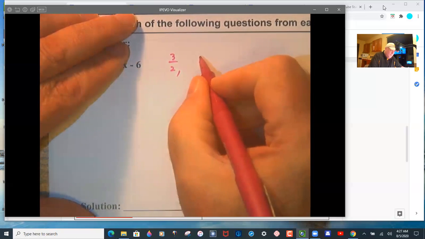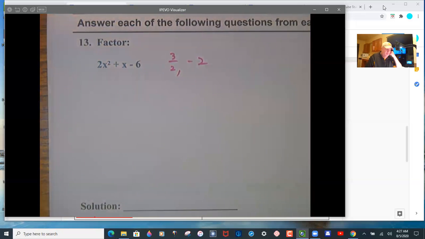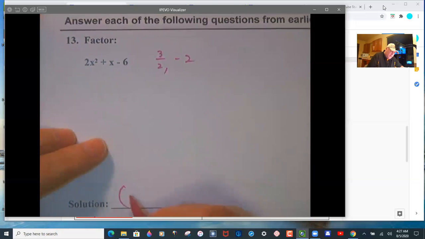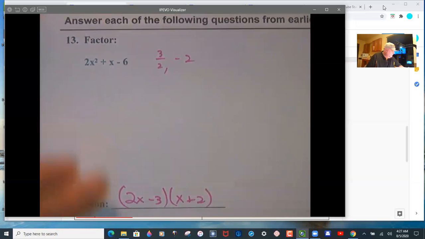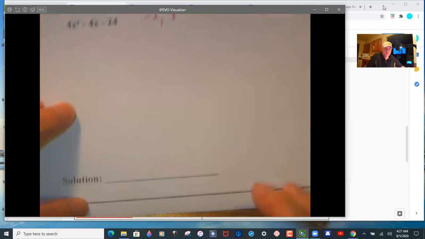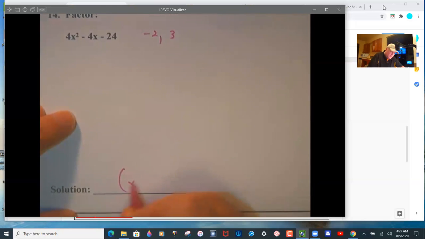And I'm not going to do that because I'm going along in this video, and negative 2. So your Polysimul 2 or the online zero finder. So 2x minus 3 and x plus 2. And this one is negative 2 and 3. So x plus 2, x minus 3,